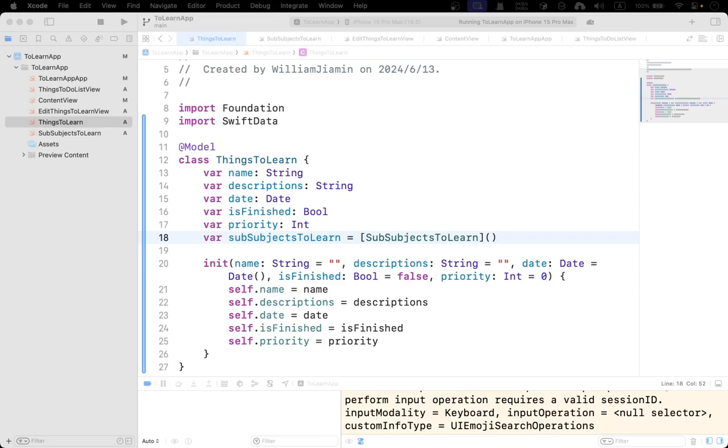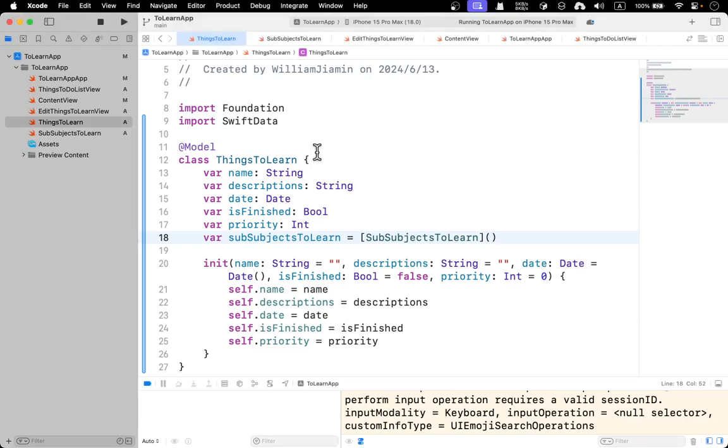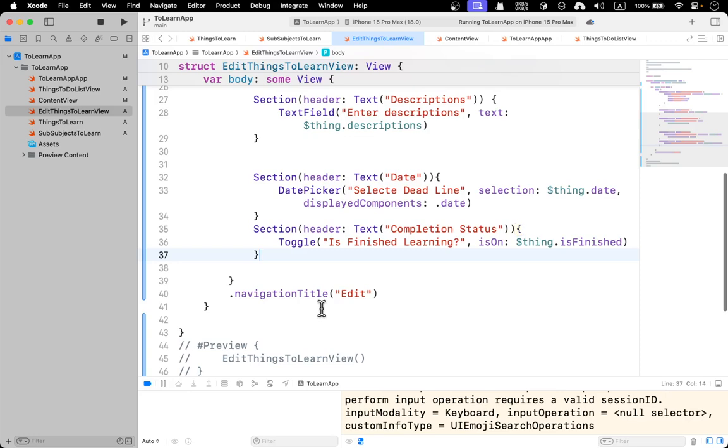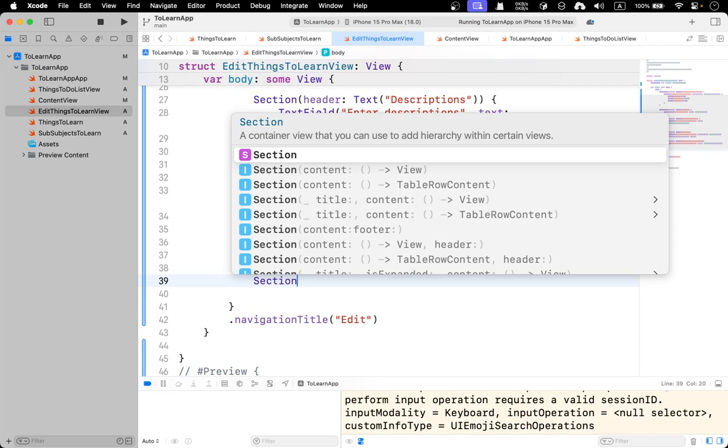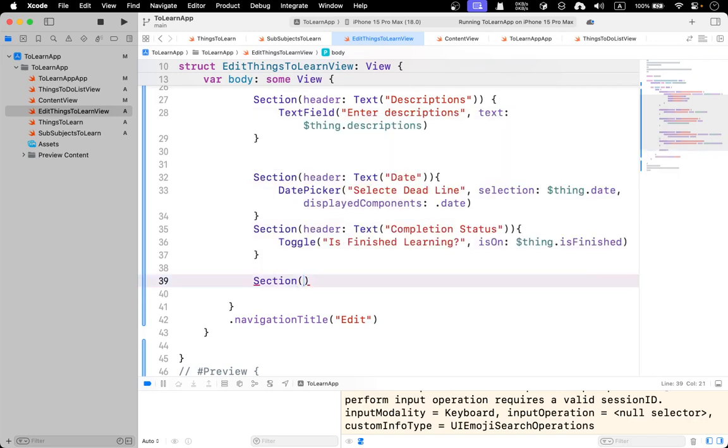Really simple, right? And right now there's no way to actually show things. So what I'm going to do is maybe add another section here that can actually show things. Okay, so yeah, section. Yeah, I'm drinking cola. Got a lot of ice. So there will be the subjects to learn, and we get SubjectToLearn as a section header sort of thing,